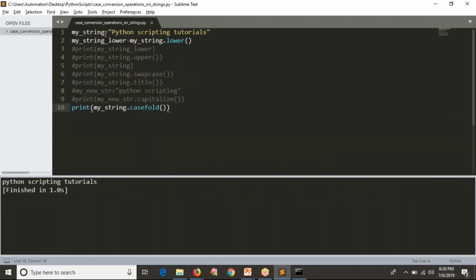Right? So you are converting your entire string, even though, let me take here a capital S, something called G, any modification. See the output what you are getting, right? You are getting all in terms of lower case. Fine. So instead of the lower operation, you can also perform case fold, right?